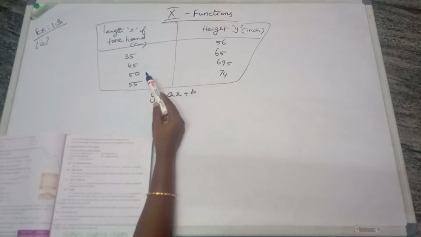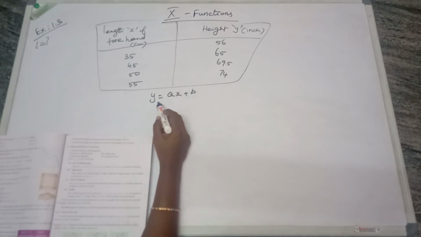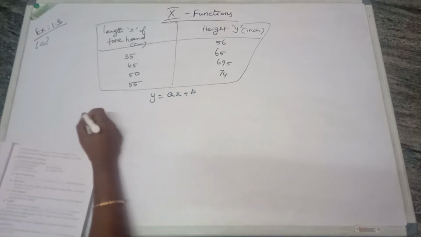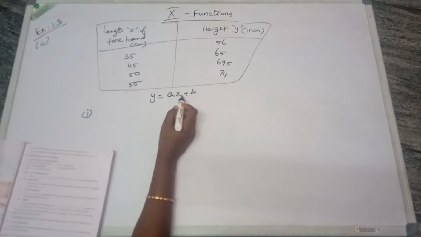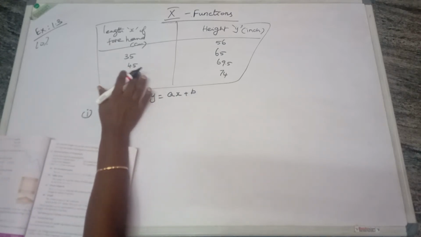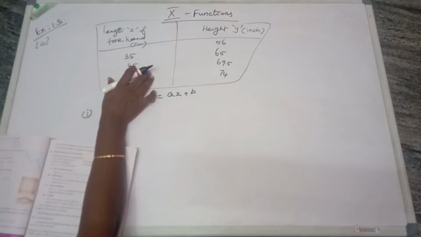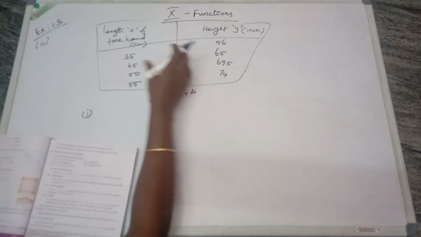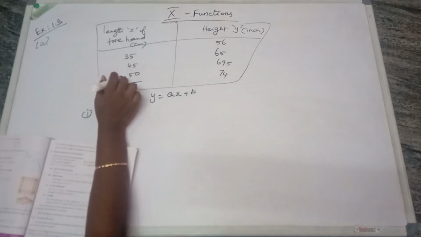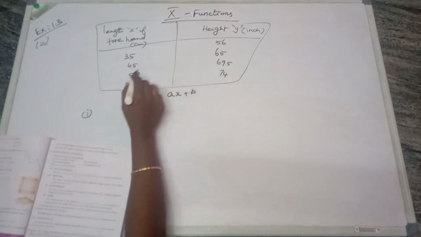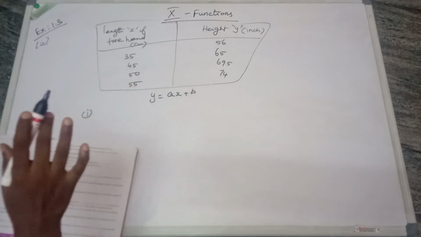So like that a student finds the relation, that is nothing but y equal to ax plus b. Okay, now the question is, check if this relation is a function. First one is whether this relation is a function or not. See, the forehand length is the first set, it is the domain, and the height of the person is the second set, so it is called the codomain. So in this domain each and every element has a unique image here. So this relation is a function.